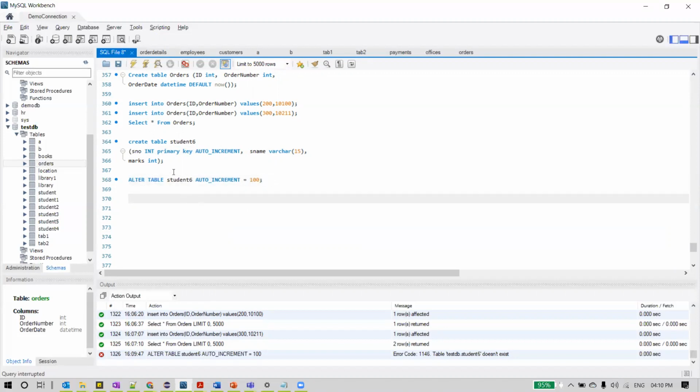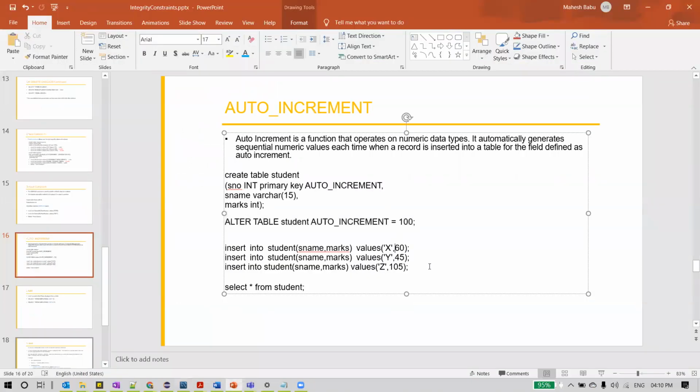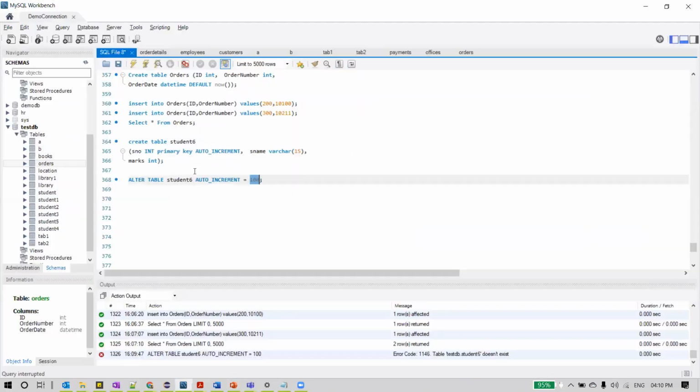So whenever we insert some data into this table, even though you don't specify the student number here, you specify only name and marks, this column will automatically get the value incremented each time starting from 100. That is what auto increment is. So let me show you how it works.